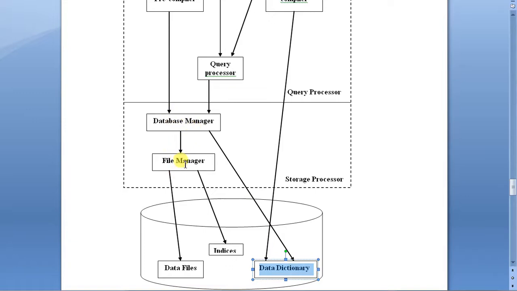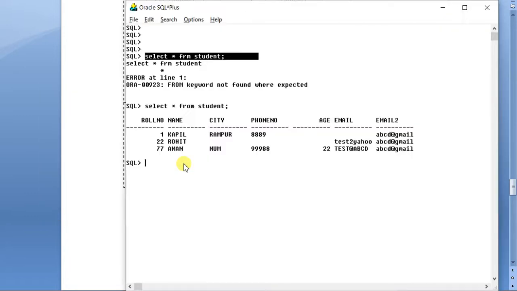Now, what is the role of the file manager? You can very well understand. For example, if a user does not have a delete permission and he tries to delete from test, first of all you need to check whether this user has permission or not. These permissions are stored in the data dictionary. If the user has permission, the data will be deleted.